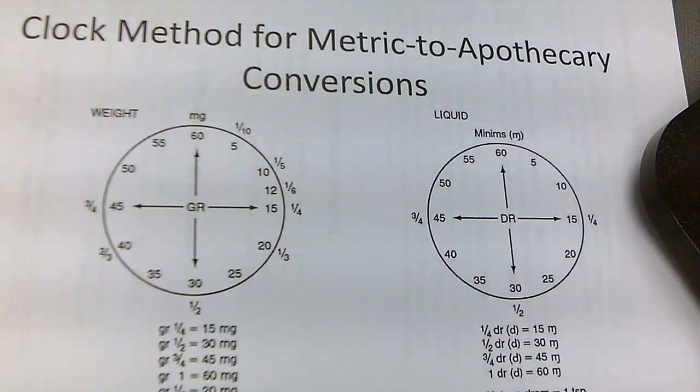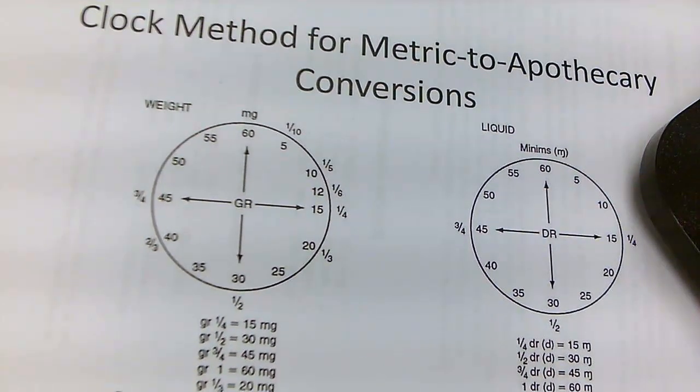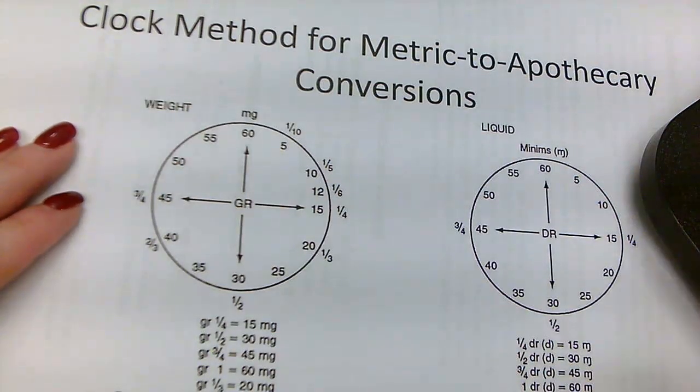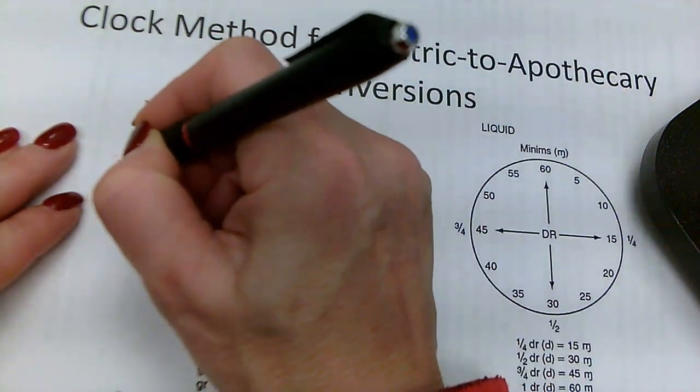Okay, so the other two conversion systems that I wanted to talk about and teach you guys about are, one, metric to apothecary. This is a really old system that we don't really see much anymore, and I mentioned in the video lecture that I already posted, but I think the one that you probably do need to know is grains. This one here, it stands for grains,